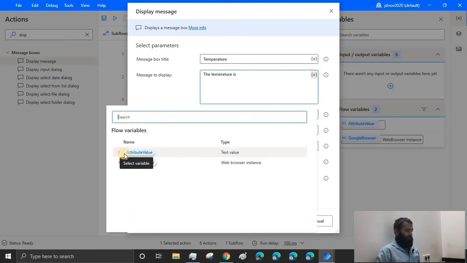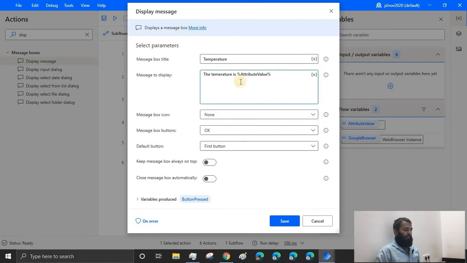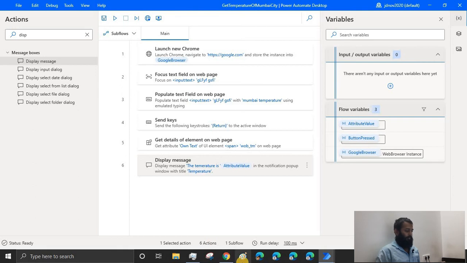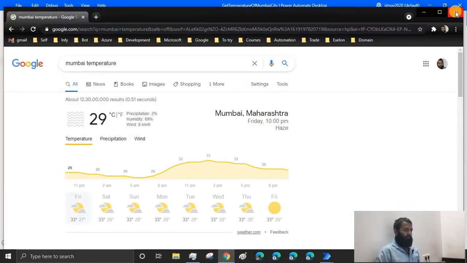This is a variable which was produced by the last action. And message box icon, first button, yeah, everything is fine. Okay, let's run the automation.